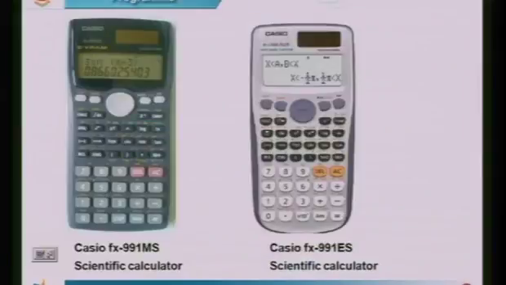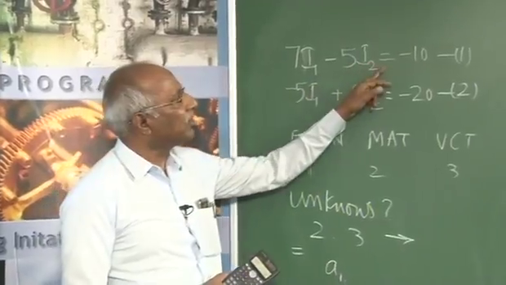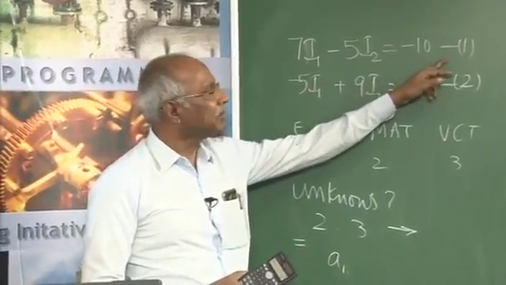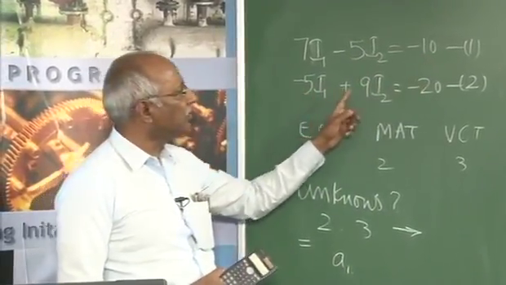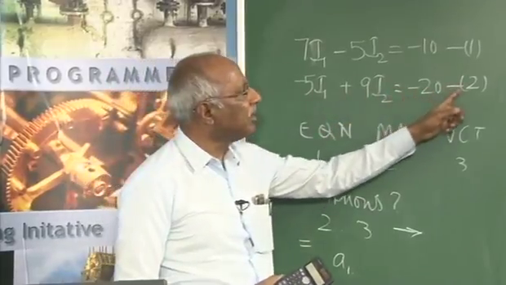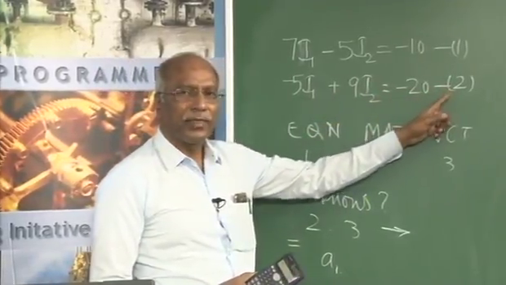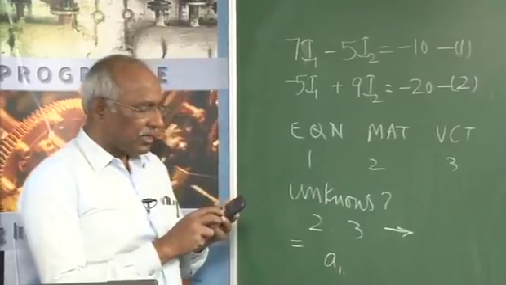To solve this one, consider the two simultaneous equations: 7I1 minus 5I2 equal to minus 10, that is equation 1, and minus 5I1 plus 9I2 equal to minus 20, that is the second equation. In order to solve this one,